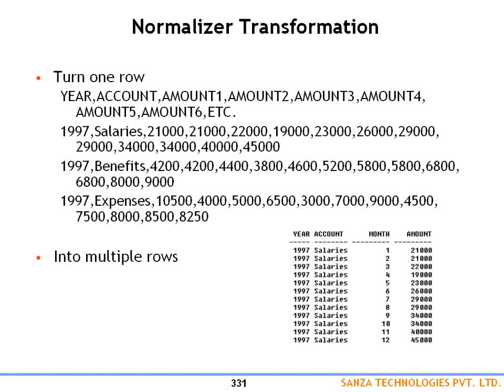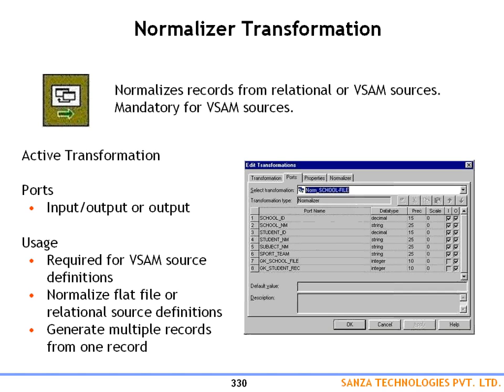In projects, sometimes you have a flat file as a source with financial data. They keep the data in a single row pertaining to multiple months' salary. But when you want to load it into a database table, you want to convert it into 12 rows for 12 months of data. To do that, Informatica provides a transformation called the normalizer. The purpose of the normalizer is to convert single row data into multiple rows,